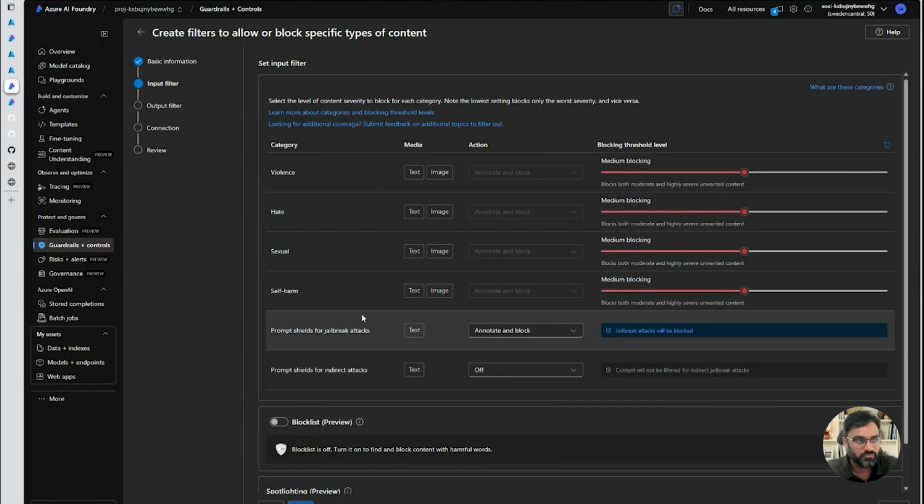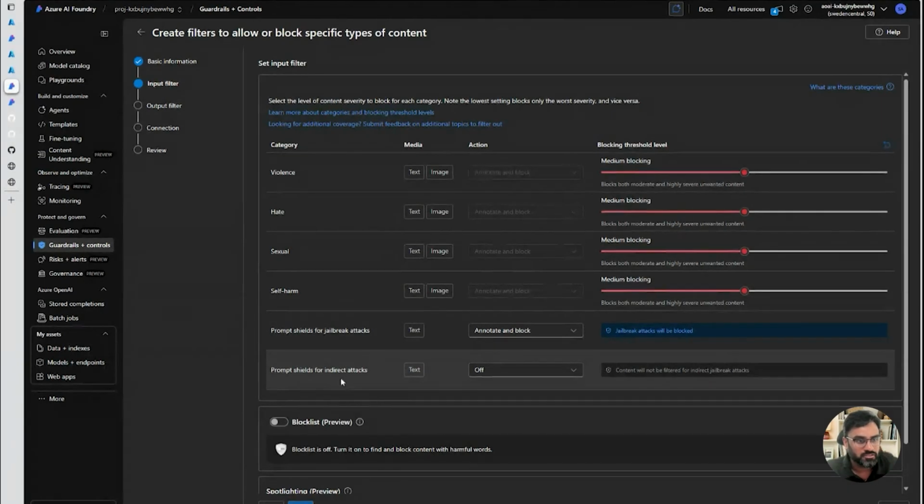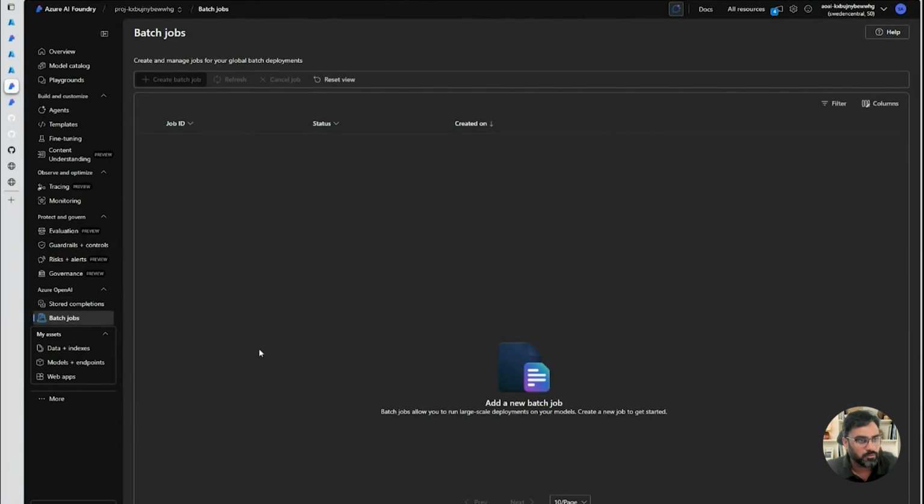These filters will block specific types of content that are being utilized by the agents or the bots. So this will help you if you have any specific restrictions or constraints that you want to implement around content safety mechanisms, right?